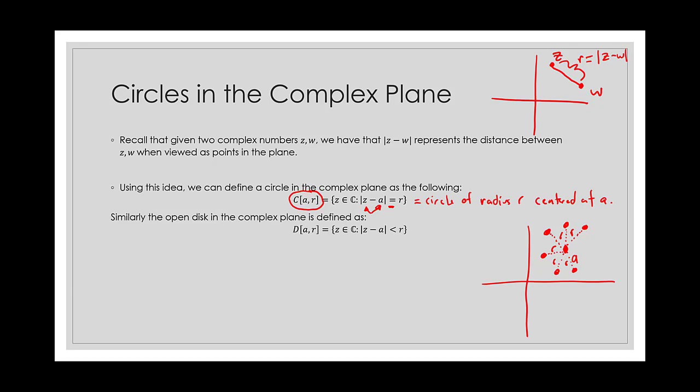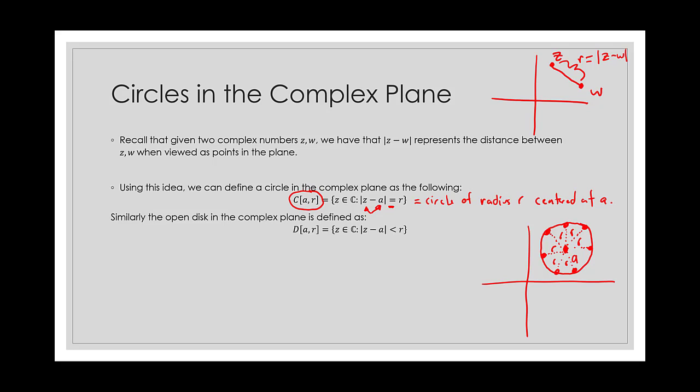And by the way, we can't do this for every point because there's infinitely many points. But if we go out our distance away from A, notice that we do get a nice little circle. Okay? So that's how we define a circle. We define circles in terms of our modulus or our length quote-unquote function. It's not a function per se, but in any case, that's what we're doing.